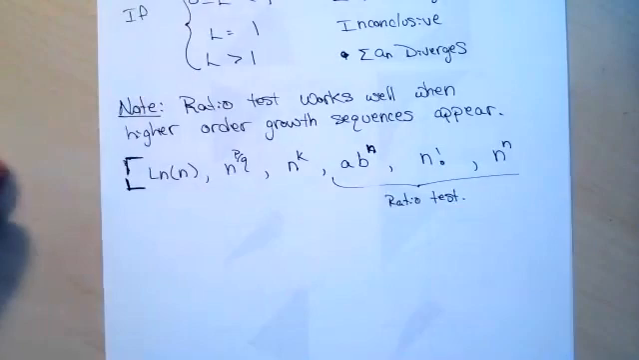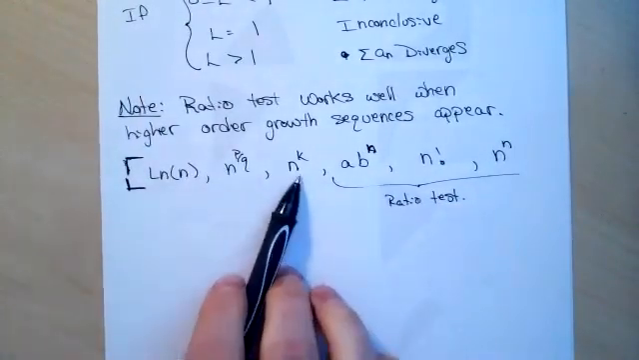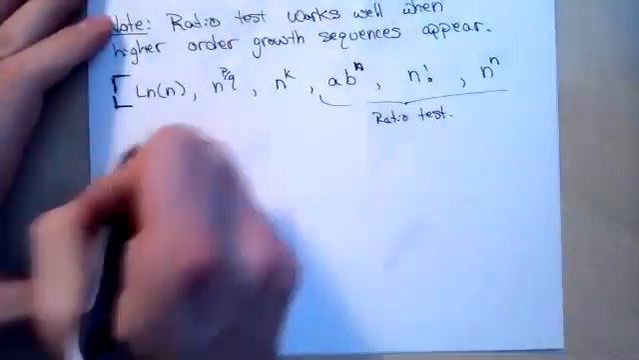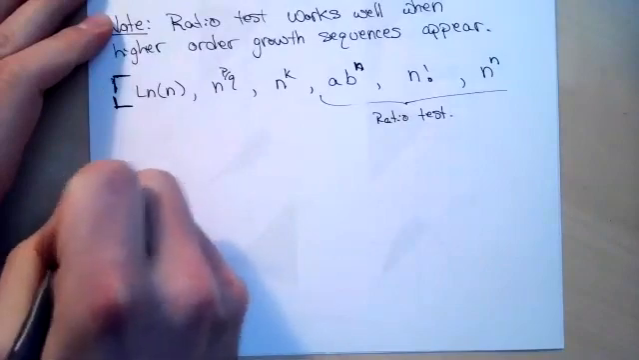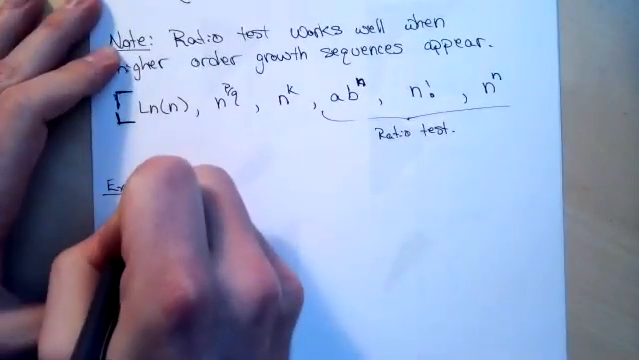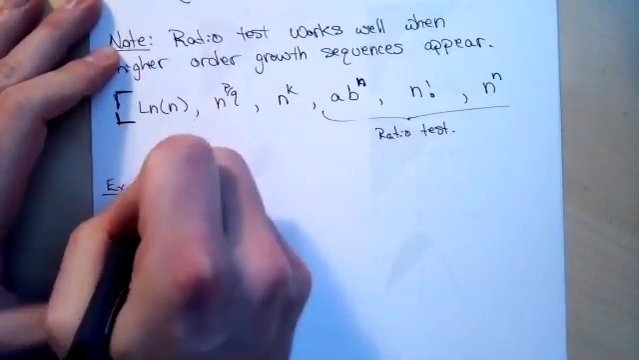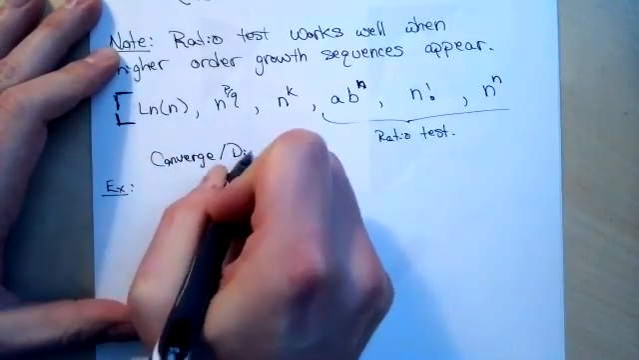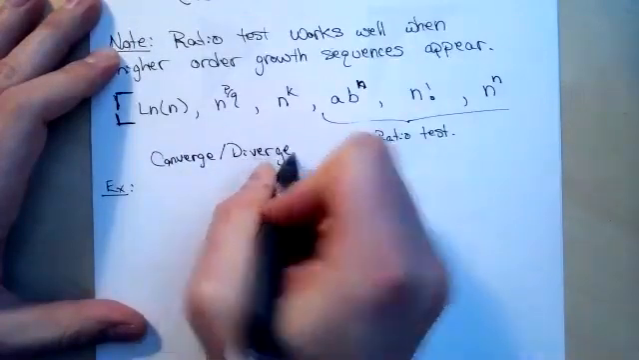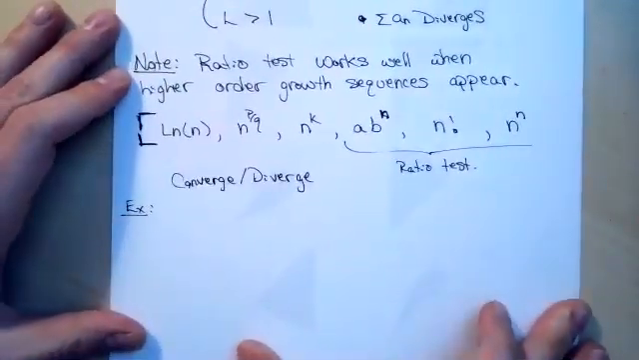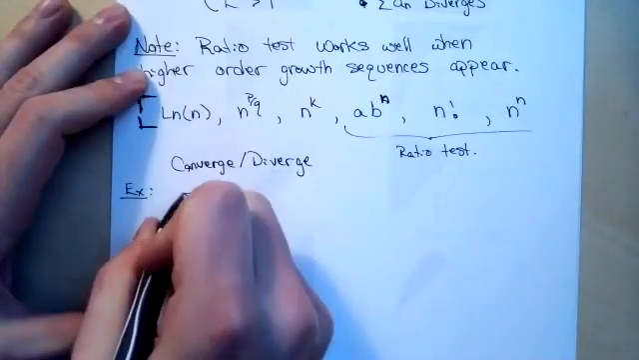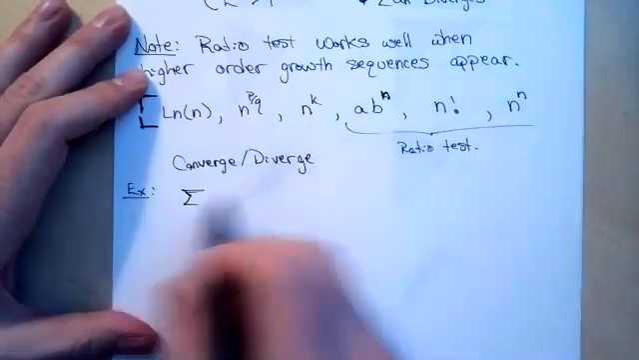For lower order, ratio test doesn't work that well. For polynomial, it often gives an inconclusive result. So let's take a look at a few examples. So with all of these, let's just try to figure out converge or diverge. So we'll start with the sum of,